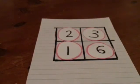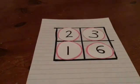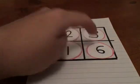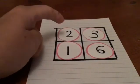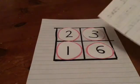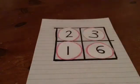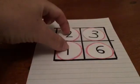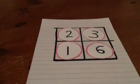Okay, so this time I have made my numbers a little bit smaller. So up here I've got 23, add 16. Can we think about what that is? 23 add 16. You might need to write it down. So 23 add 16, well done if you've got 39. So that's 39, I'm writing it down so I remember. I've got another piece of paper over here with my workings out on. You see that? So 39, and then I've got to add it the other way. So I've got 21 and 36. So 21 add 36 gives me